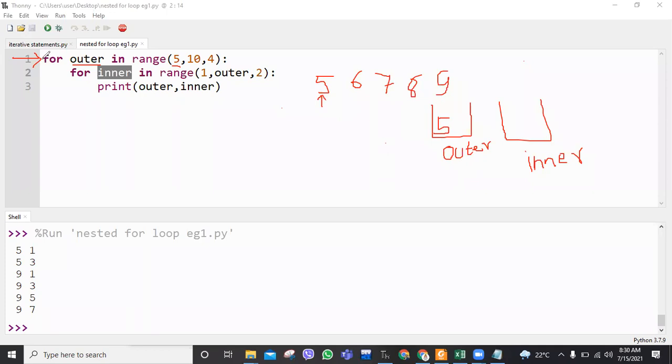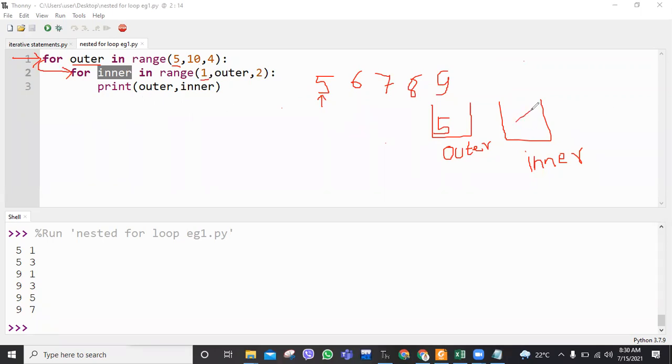Now after that, what happens? Your program controller moves inside its body. Here again, the program controller sees there is another for loop. So for inner in range, the initial value for the inner variable will be 1, because the first parameter is 1.